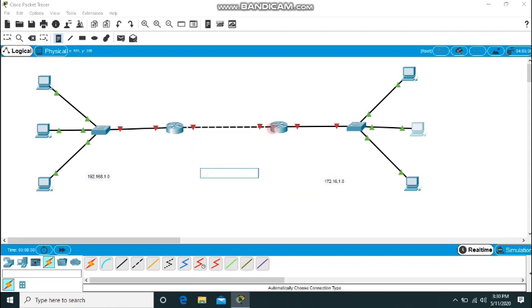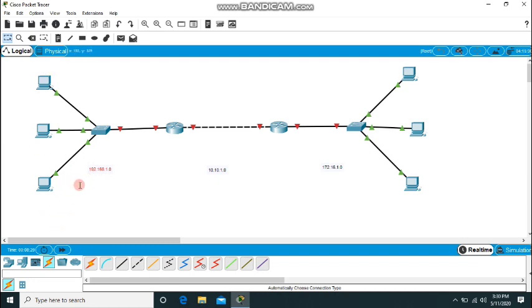Between the routers we have to create another network, so I will put 10.10.1.0 here. So we have three networks, marked here, and we need to assign these network addresses, or IP addresses, to the end devices.